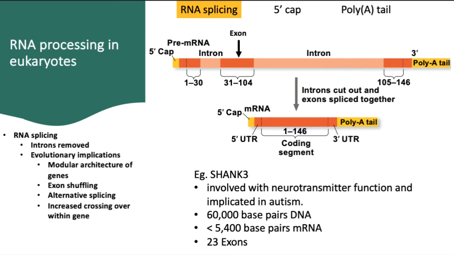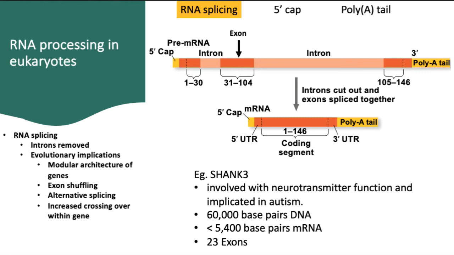In prokaryotes, once transcription is complete, the mRNA transcript is available to be translated into protein. This is because prokaryotes don't have a nucleus that separates transcription from translation. In eukaryotes, however, the mRNA needs to get from the nucleus into the cytoplasm for translation. First, however, the mRNA needs to be processed in a number of ways. The first part of RNA processing involves RNA splicing, and this starts happening while transcription is still going on.